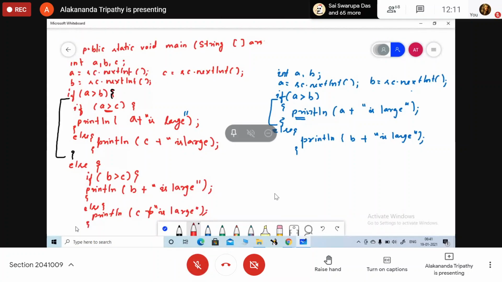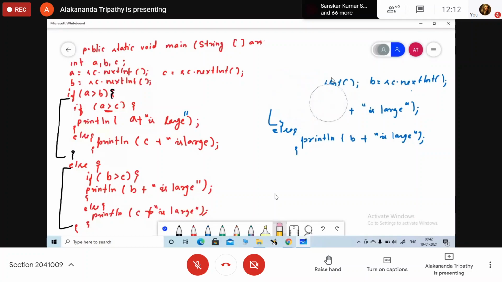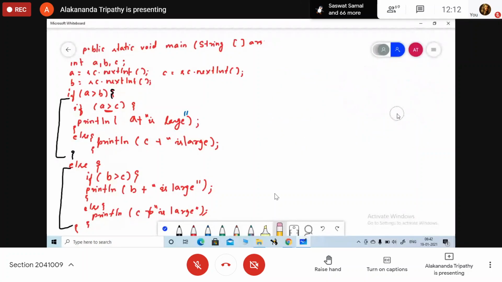Now this is the else, so this one is for the outer block. Okay, this is the outer else. So I will go with one example. Check it. I am erasing this part. Ma'am, wait a minute, I am writing the left side part.